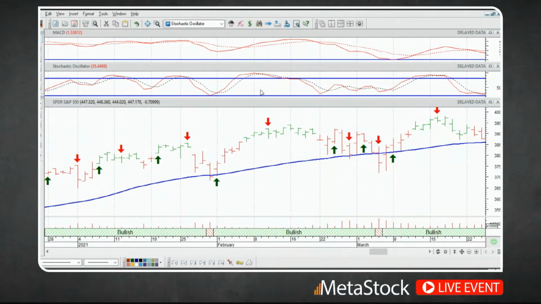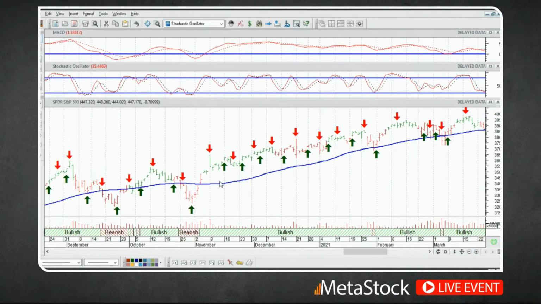So what I'm going to do is combine them all together, meaning I only want to get a buy signal if I'm in a confirmed uptrend, and I want to ignore the sell signals. And vice versa, when the market's dropping, I want to look for sell signals and ignore the buy signals. So to do that, we'll have the expert put it all together. We'll go back into our expert again. I'll open it back up. And the nice thing is that if I've written these different formulas and they're all working correctly, I can literally just copy and paste them and put them into one place.